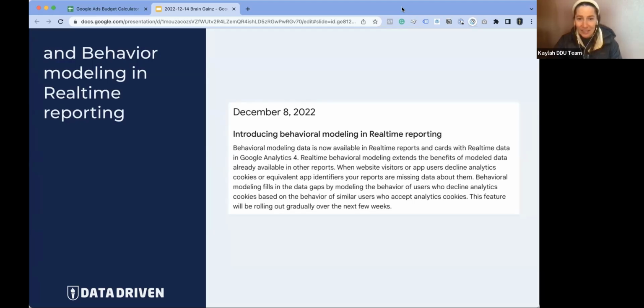Great. Excellent. And just on that one, I saw a lot of people chattering about this, and it does look interesting, and it looks like it sort of strengthens the case of the data modeling or behavior modeling. So that's good. But also I think there are still some things to be seen about how we feel about behavior modeling and what it does for data. So it'll be interesting to see how that goes.